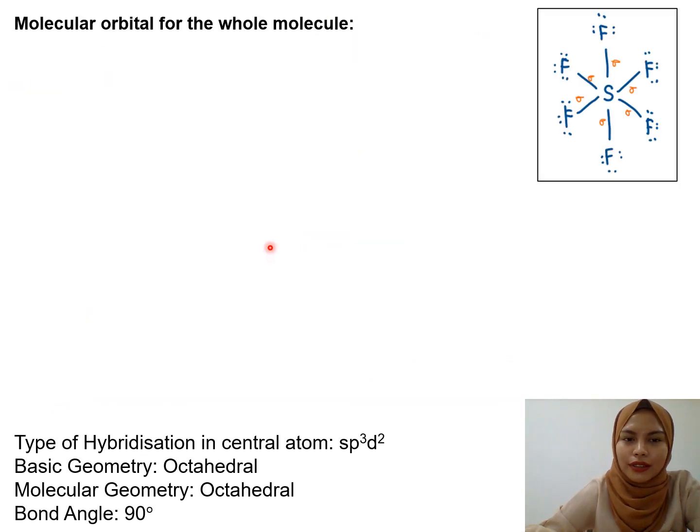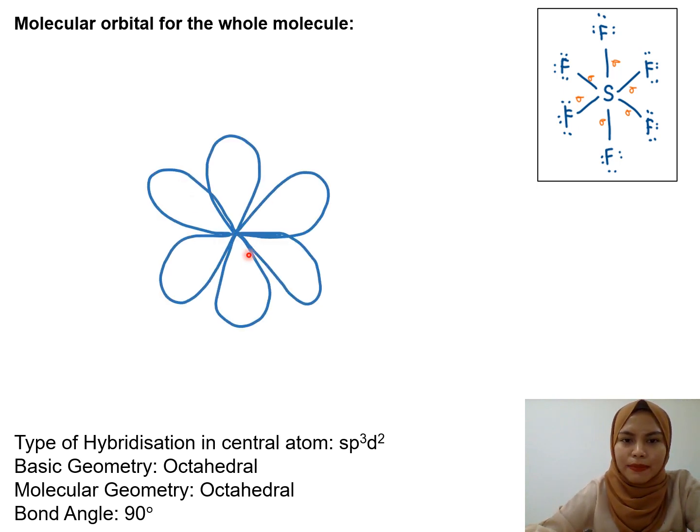Okay, so let us draw the full molecular orbital for the whole molecule. So let us start by drawing the sp3d2 hybrid orbital of S atom. Next, if you refer to the molecular geometry of SF6, you will know that S has 6 sigma bonds with F atoms. With 6 F atoms. Okay, and sigma bonds are formed when the sp3d2 hybrid orbital of S overlaps end to end with the valence atomic orbital